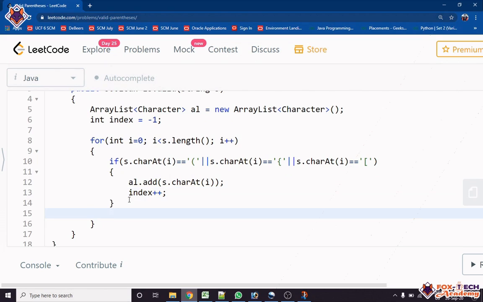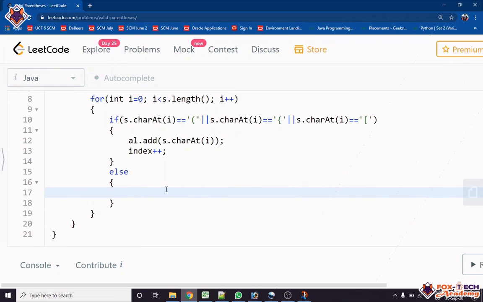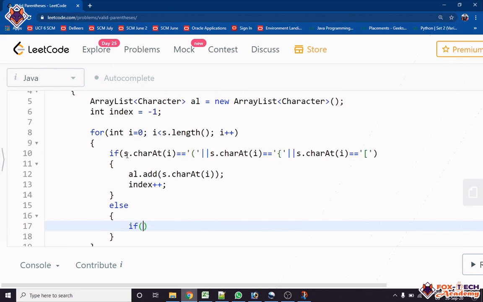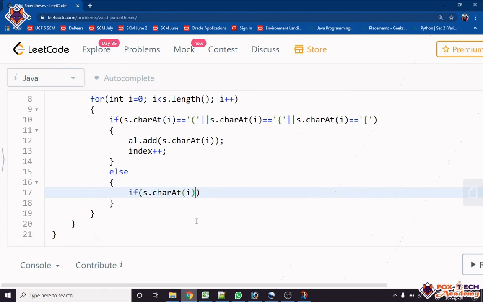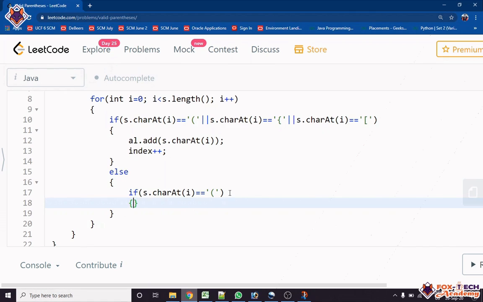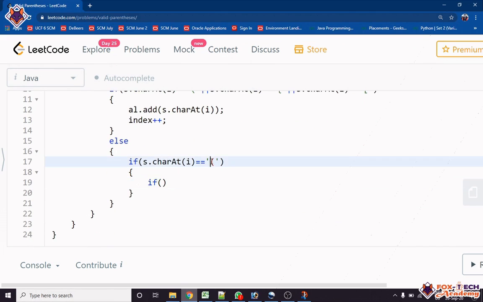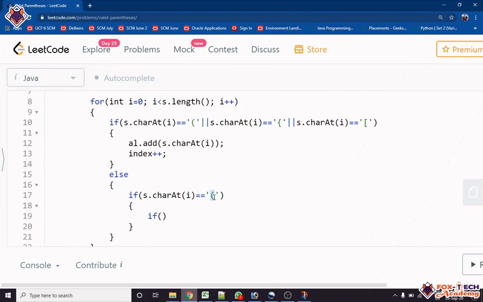Suppose our character is a close brace. So else we will check if our character is equal to the closed parenthesis.